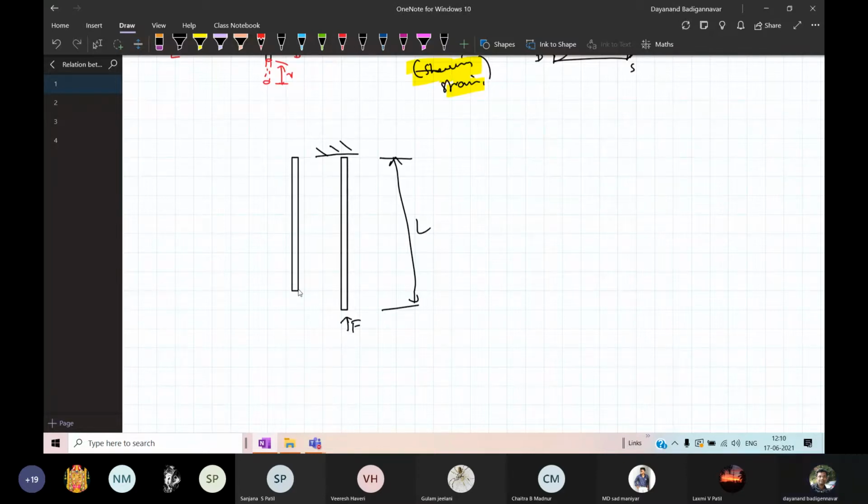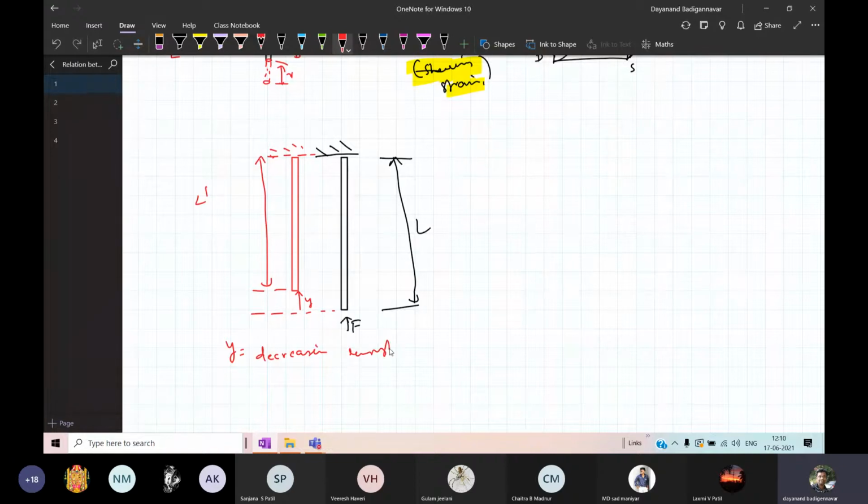So this is the new length it has. What is the new length? The new length it has is given by L dash. Now here there is a decrease in the length of the wire. This much is the decrease. I will take it as Y. So Y is the decrease in the length. Y is nothing but the decrease in length.